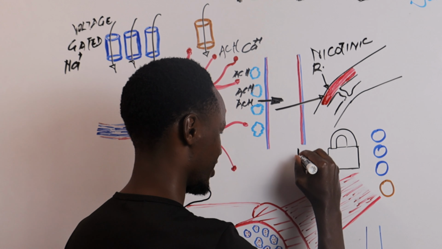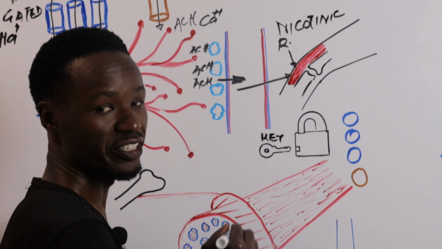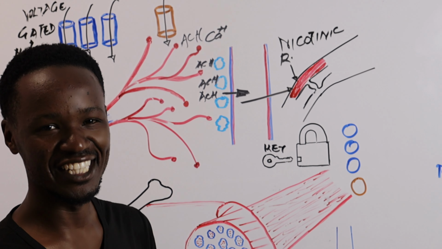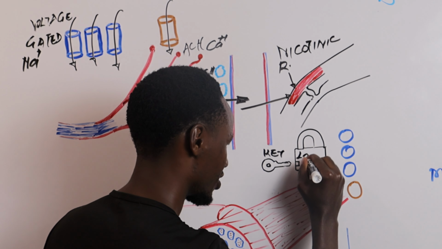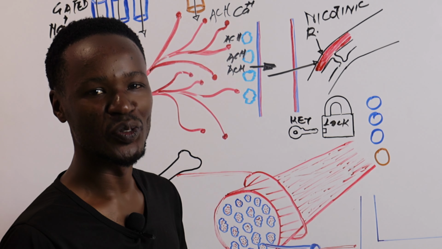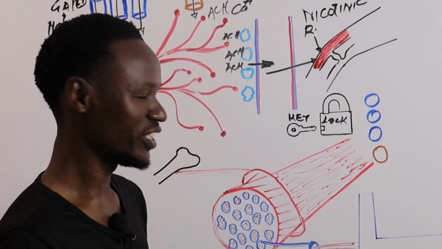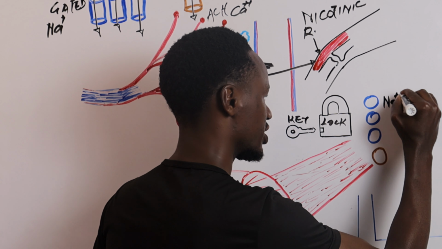You see this key here? This key represents acetylcholine, and it is like a key fitting into the lock. This is our lock. So acetylcholine tells the muscle to open up these floodgates, or the channels. Which channels? The voltage-gated sodium channels,